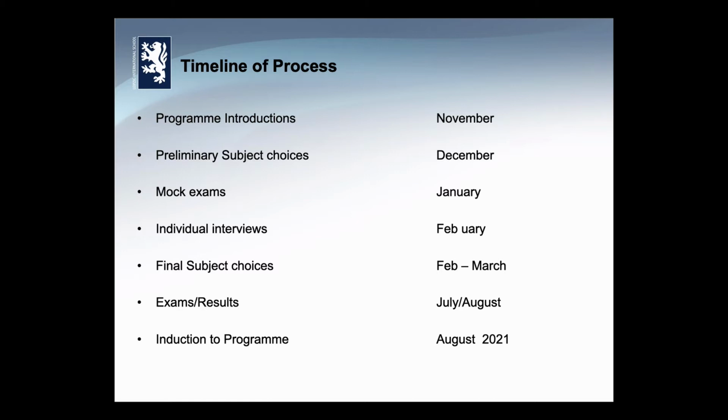Now, we realise that this is a process and this takes some time, and so this is why we have a preliminary round. Following December and the submission of that first subject choice form, the students will take their mock examinations in January. This might change things. We realise that they may realise that they have certain strengths in certain subjects and perhaps weaknesses in others that they had initially selected. And so they may want to change what they plan to do for next year.